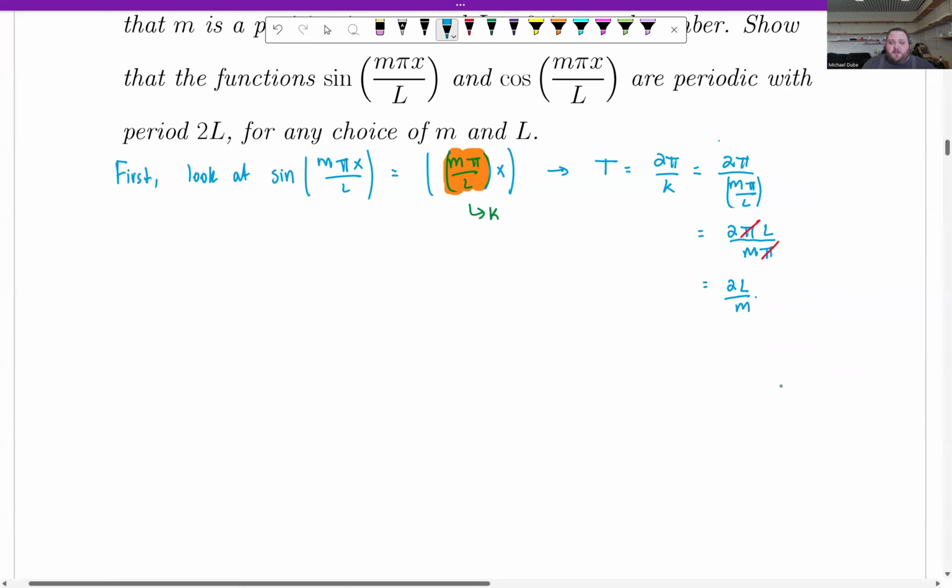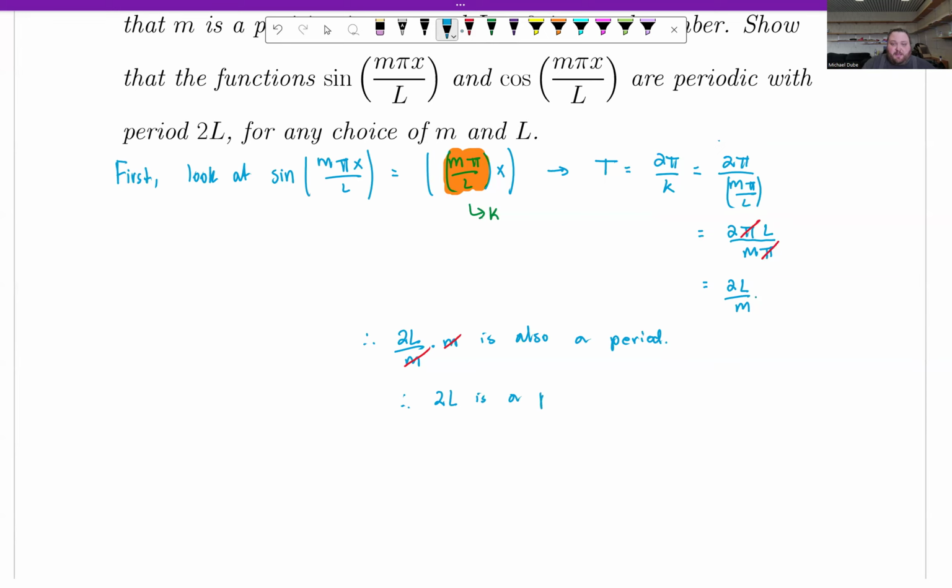And so therefore, 2l over m times m is also a period because m is some positive integer. So we'll cancel these out. So therefore, 2l is a period